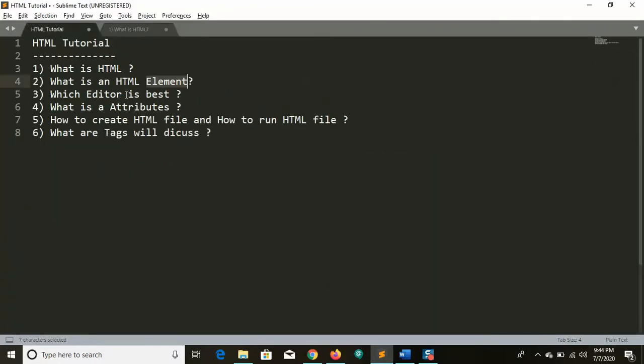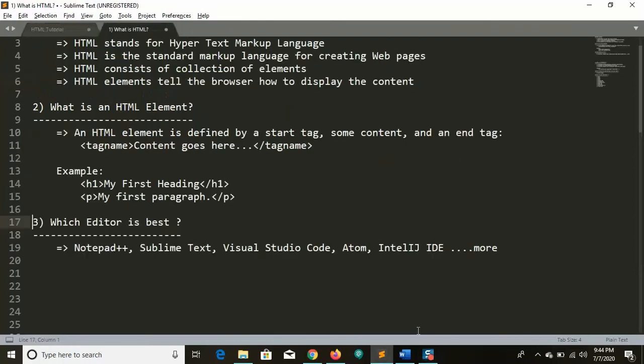So which editor is the best? In my case all the editors are good. Every editor has some advantages. If you are going with the basic level, I will recommend Notepad++ and Sublime. If you are going with a higher level, that means you are building a huge application which is structured and well formatted, I will suggest Sublime and Visual Studio Code.